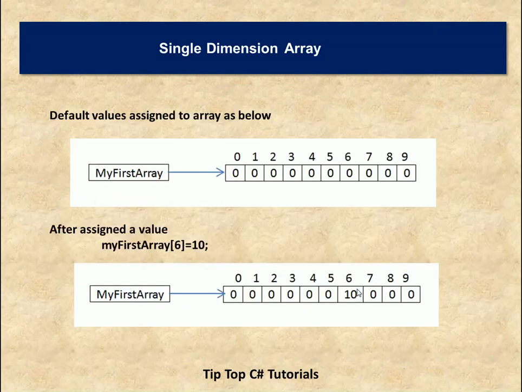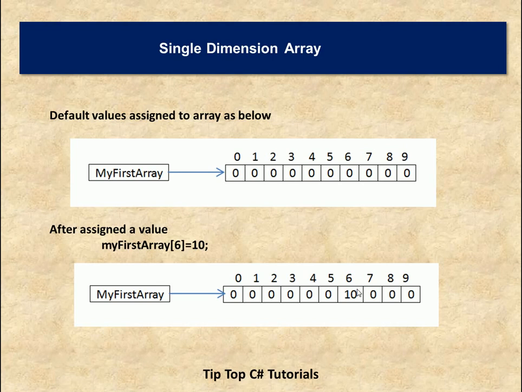Moving on, whenever we define an array and initialize with default values, the memory will be allocated in the heap as shown in diagram 1. You can see all the values are initialized with 0, and on top you can see the index. If we are declaring an array of size 10, then the starting index will be 0 and the last index will be length minus 1, that is 10 minus 1, 9. So we have to remember that the indexing will start from 0.